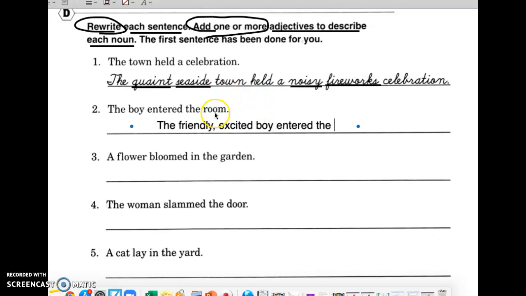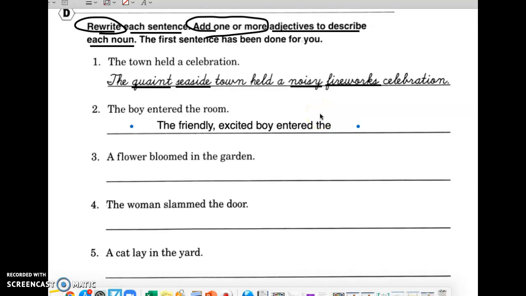And with every noun, we need to add one or more adjectives to describe each noun. So yes, I did add adjectives to boy, but we do have another noun in here, room. Okay, just like we had 2 nouns in the first sentence, we also have 2 nouns in this one. We had to add at least one adjective to describe each one of these nouns. We've got 2 nouns here. We already added 2 adjectives to the word boy. Now let's add some adjectives to describe what our room is. Entered the